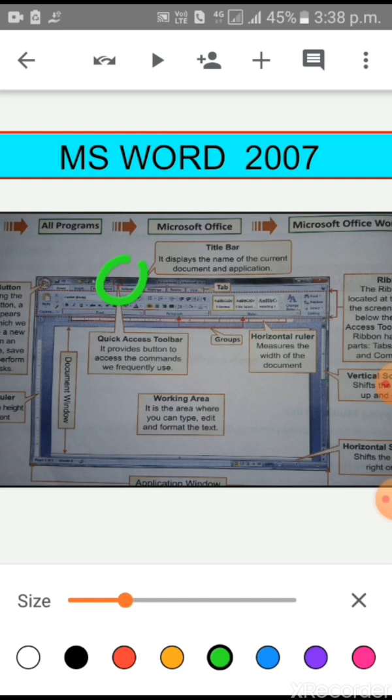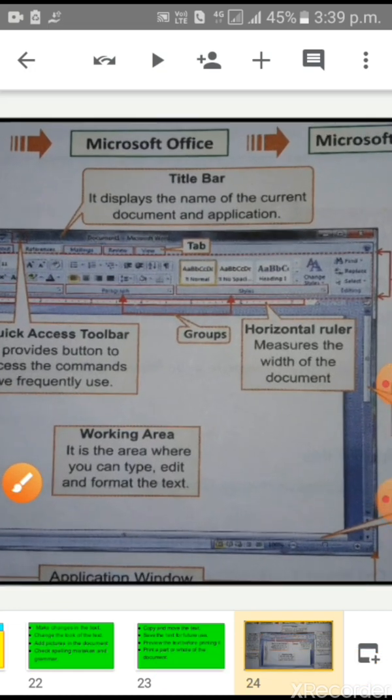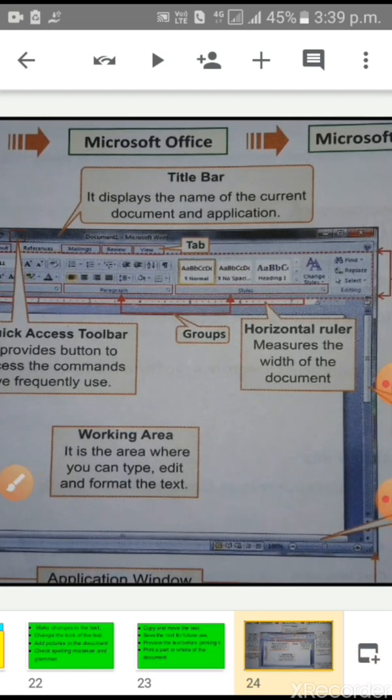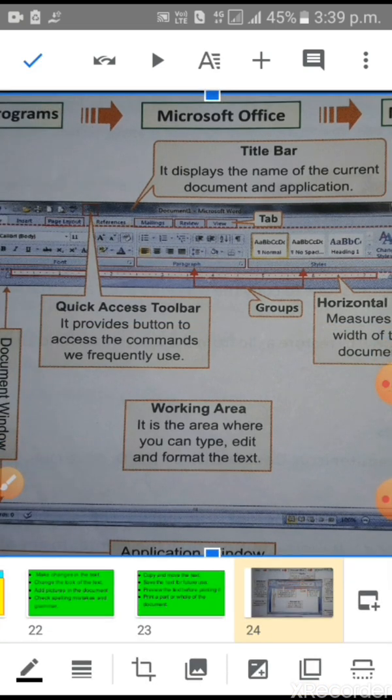Now children, these are the groups. Okay? Clear? Groups are paragraph, font and style.